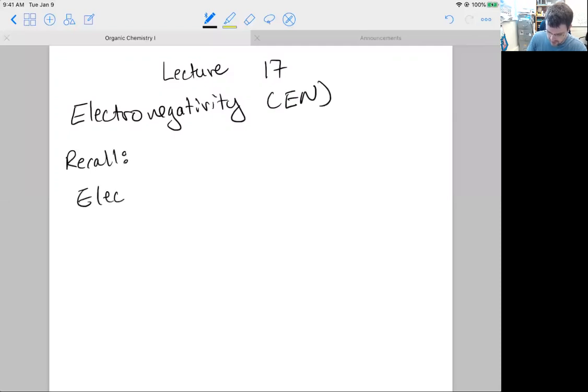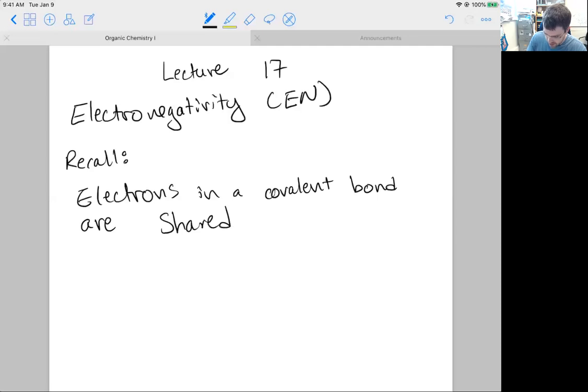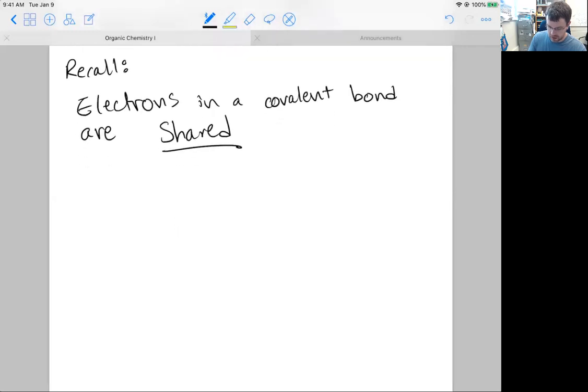Electrons in a covalent bond are shared. That word shared is very important as we try to understand the chemical properties of molecules. So electrons in a covalent bond are shared. A really important question is how do electrons actually get shared? And we looked at that a little bit